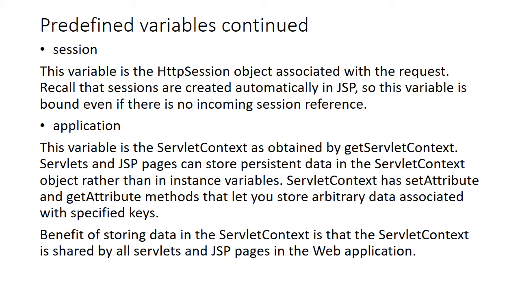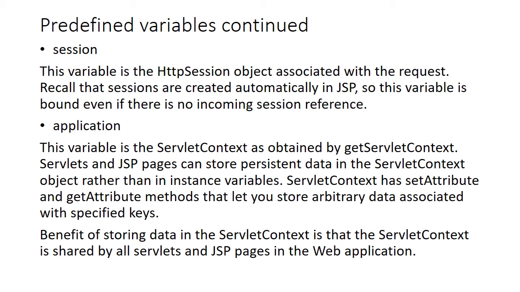But suppose you require some persistent data. We call it persistent data because it is available in all the web pages and it is stored on the hard disk. So every servlet or every JSP page which is a part of your application can access it. It is available to all the pages of your web application. So some data which you need to access in all the pages can be stored using this application object.